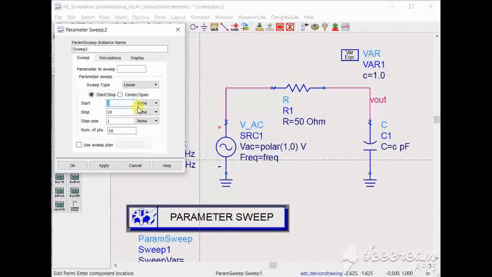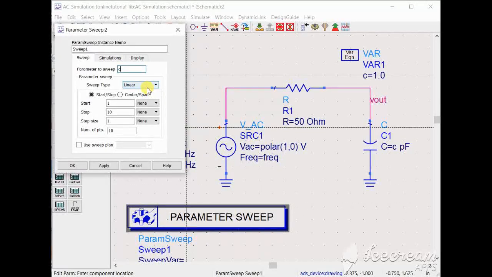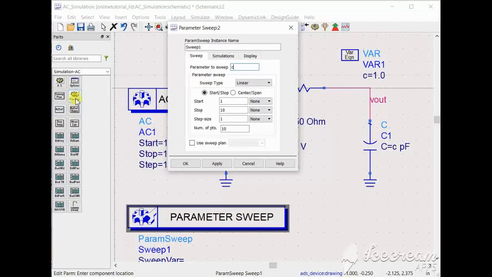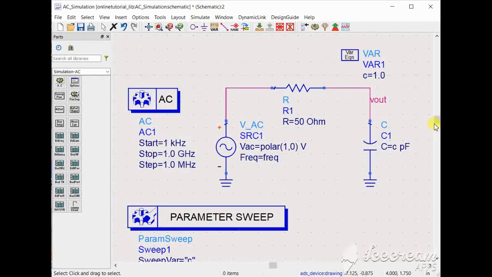Here we can write the parameter to sweep is C. It is similar to the DC simulation setting which we have seen earlier, the DC simulation controller, where you can sweep a parameter. So there is this parameter sweep additionally as a different block which you can use to vary a parameter. I am varying this capacitor starting from 1 to 10. So the range of C is from 1 to 10. Step size is 1, and clicking on OK.